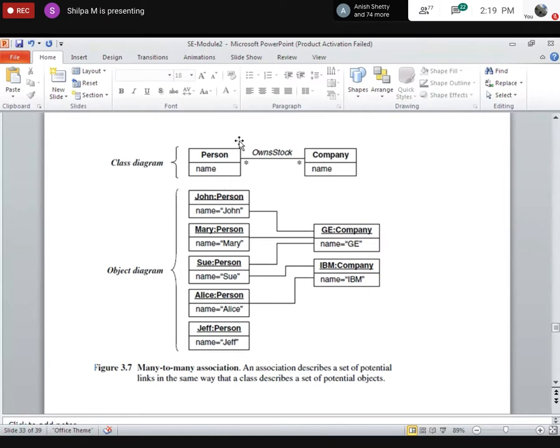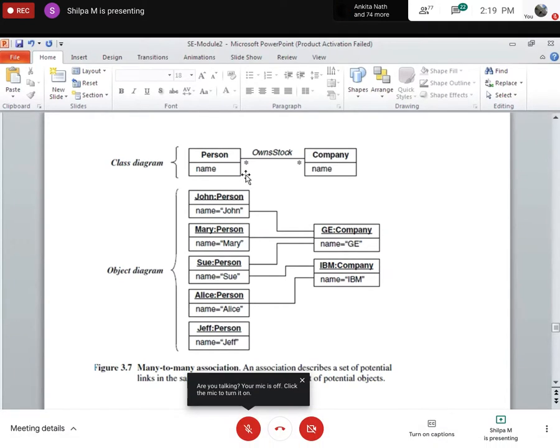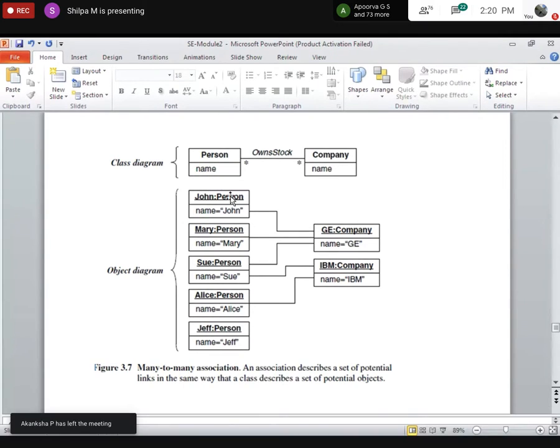The person can be any one or any number, and that person can be associated with n number of companies. Did you get that? So it means that I can have n number of persons here.